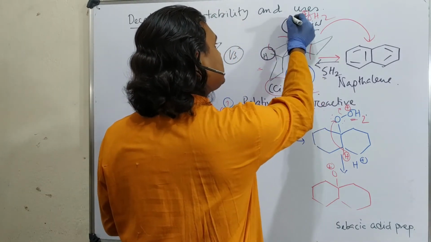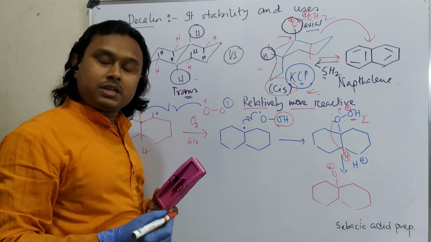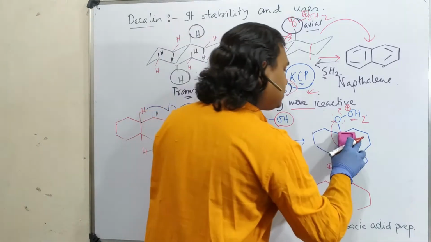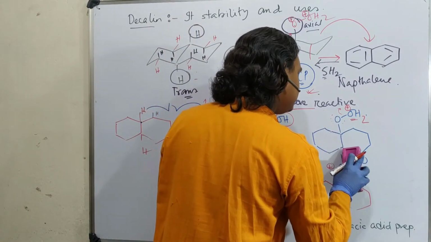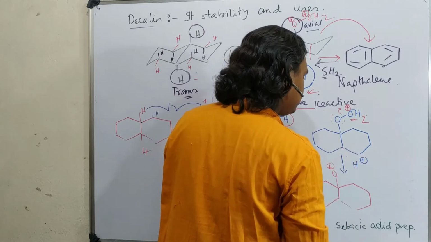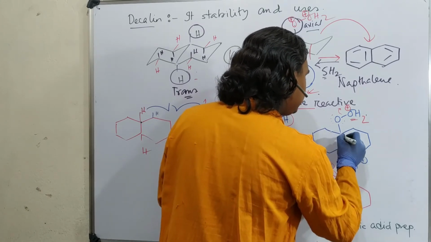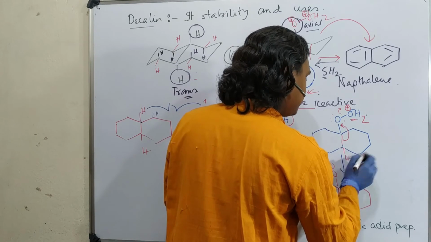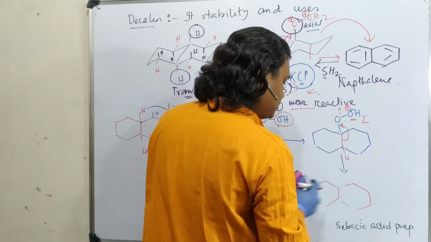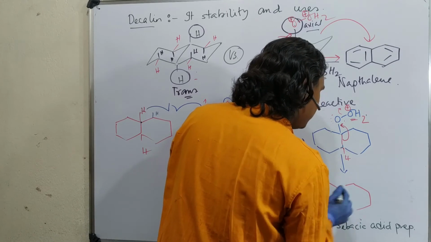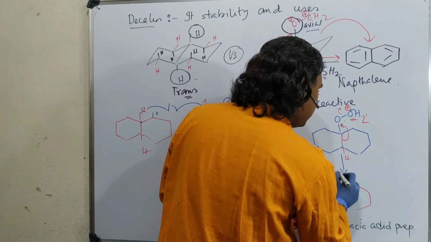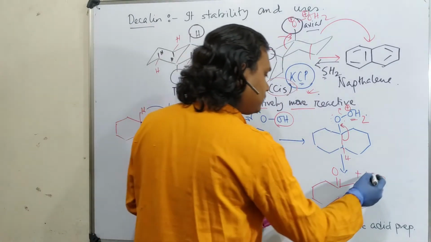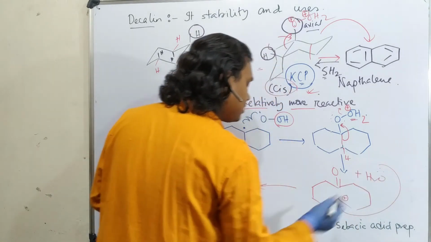So what happens, this carbon has positive charge, so what does it expect? Sorry, the oxygen has positive charge, it takes from here. So what will it result in? Carbon will migrate, I mean it will go there. So there is one hydrogen. In this way, the bond in between will be broken. This plus H2O, positive charge is here. Now another molecule of H2O will attack here. So what will it result in?